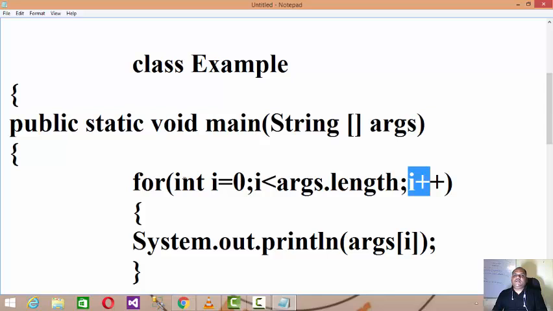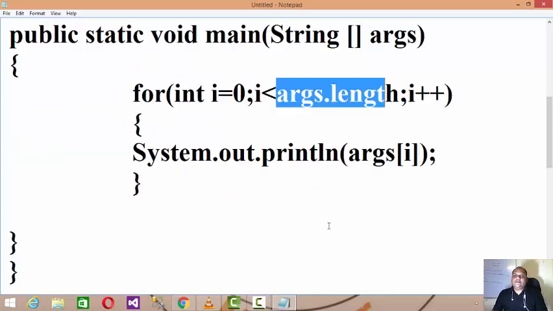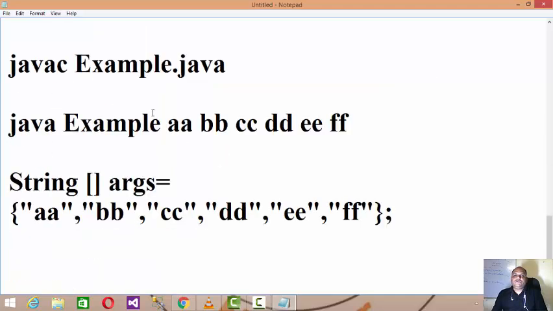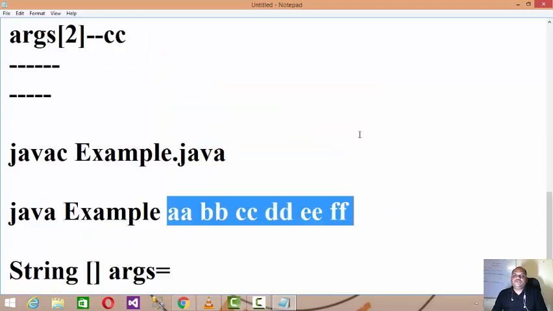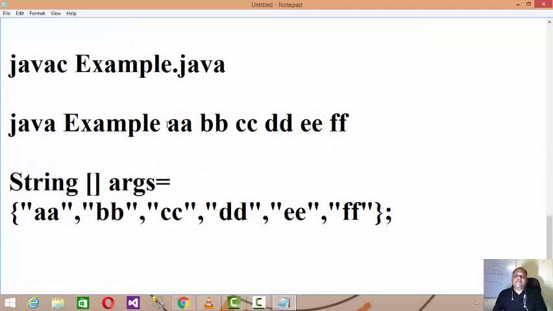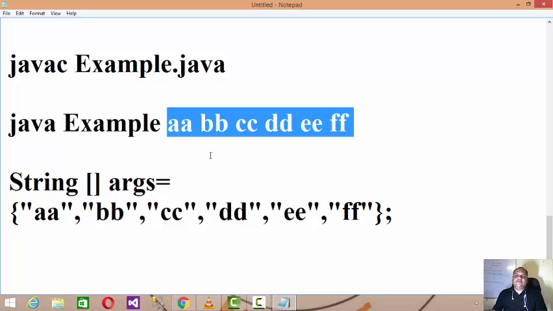So I can set the loop from 0 to array length, read all the data, and then use all the data which I provide from the command line arguments in the program. Just like the way we input data using Scanner and BufferedReader in the program, in the similar manner